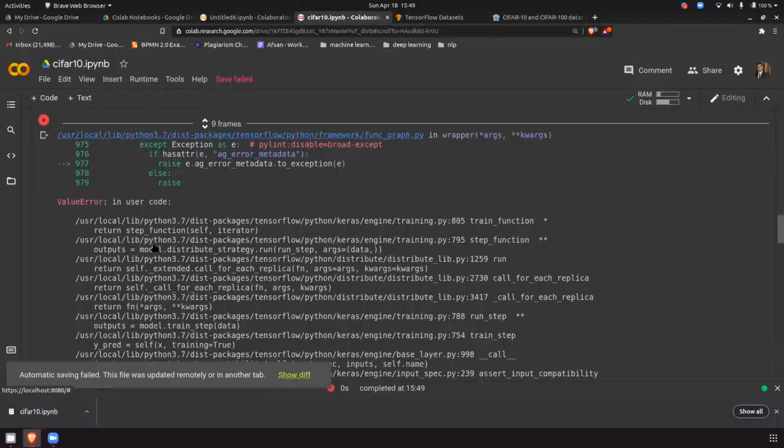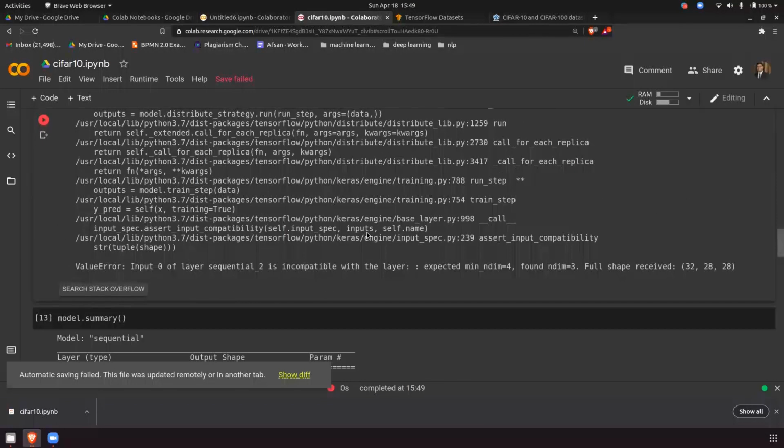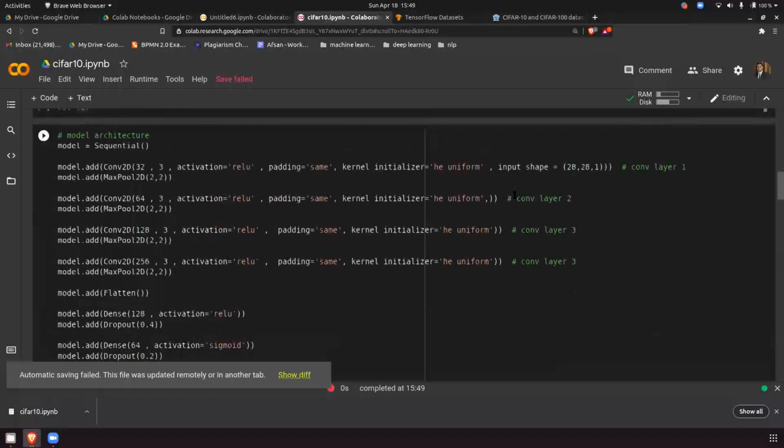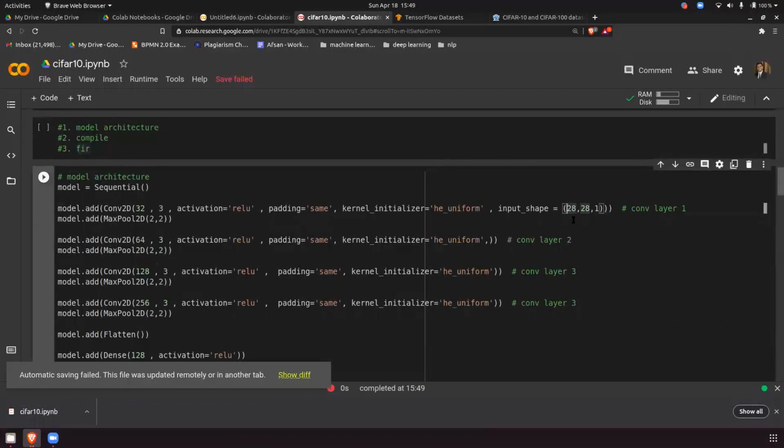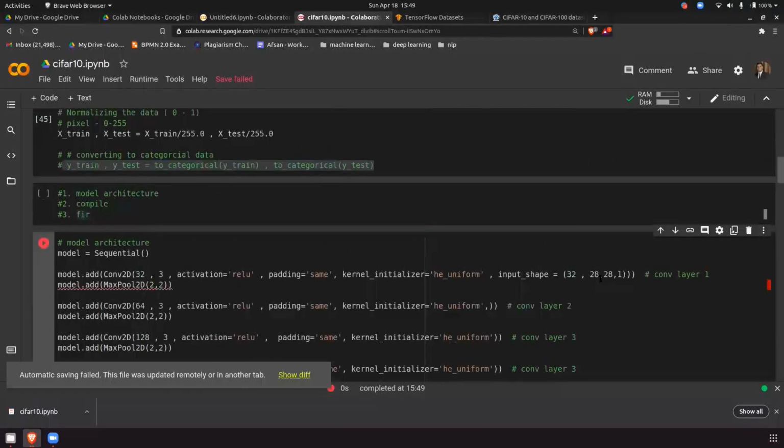Okay, again issues. What is the issue? Do we need to do it in all layers? No, that is not it. Okay, input 0, it was fine in the first sequential, now it's giving an error in the second sequential. So basically this will not allow it. Okay, so somehow we have to apply some logic here. Let's work with that logic.